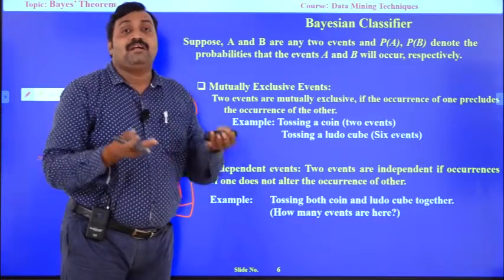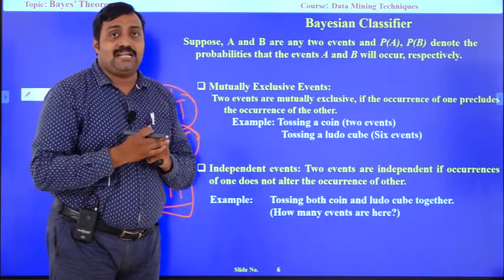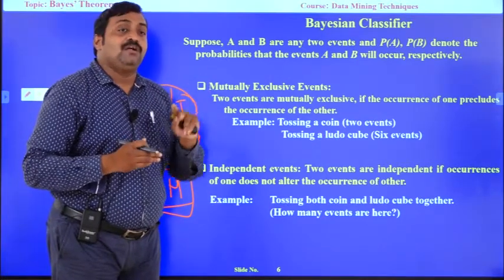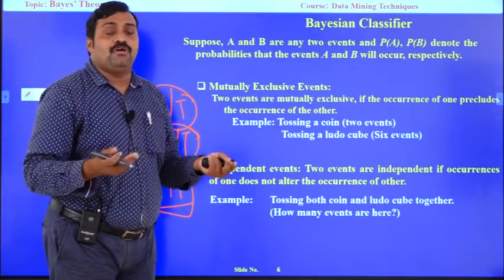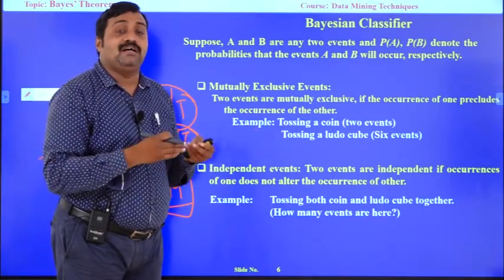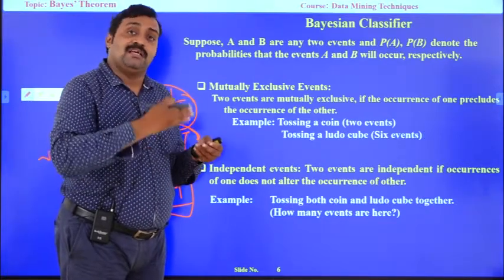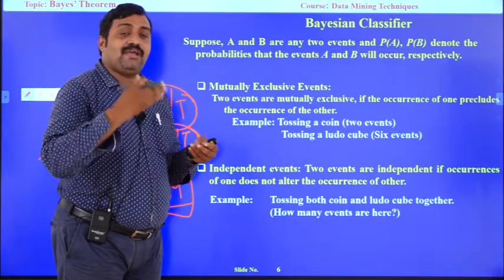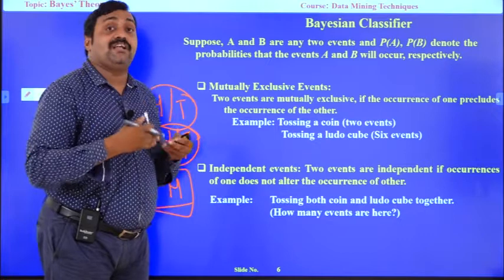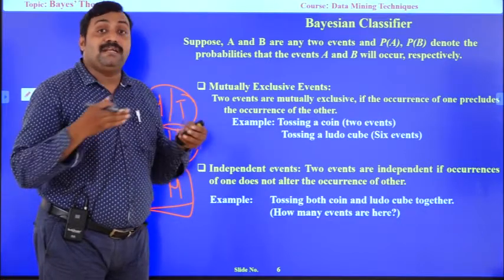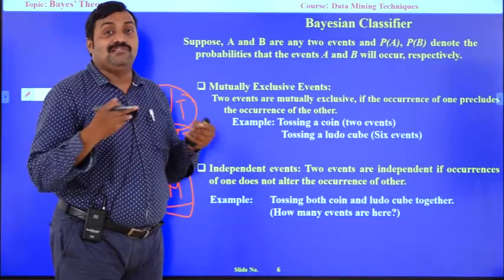Similarly, rolling of dice. If I am rolling one dice at a time, there is no chance of getting 2 same values. But when I am rolling 2 or more dice, there is a chance of getting similar values. 1 may occur in the first dice, 1 may again occur in the second dice, in the third dice, and in the nth dice. Because those are independent experiments, there is a chance of getting the same values.